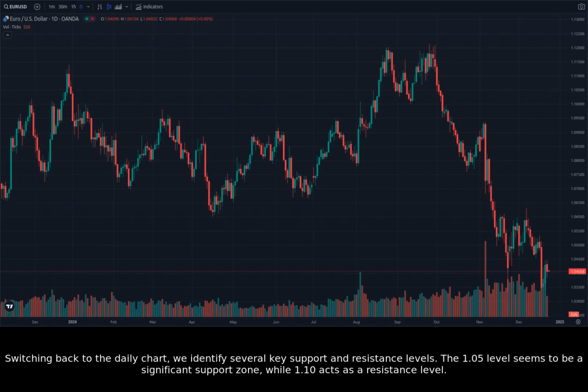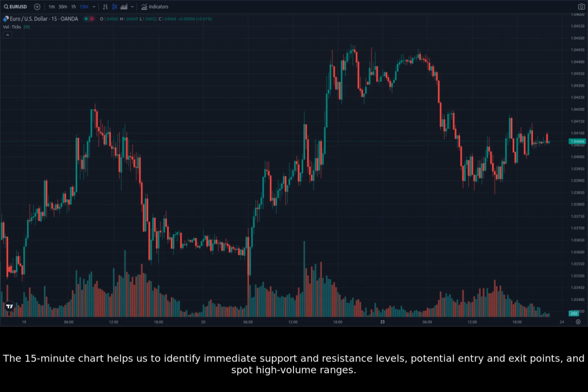Switching back to the daily chart, we identify several key support and resistance levels. The 1.05 level seems to be a significant support zone, while 1.10 acts as a resistance level. The 15-minute chart helps us to identify immediate support and resistance levels, potential entry and exit points, and spot high-volume